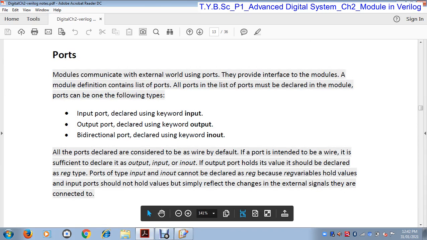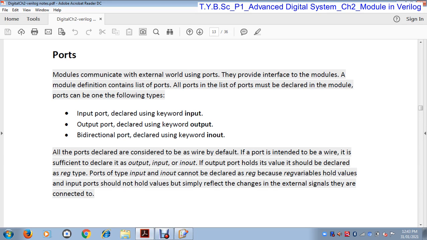Now ports of type input and inout cannot be declared as a register, because a register variable holds a value and an input port should not hold a value. But an output port can be declared as a register data type because it holds a value.